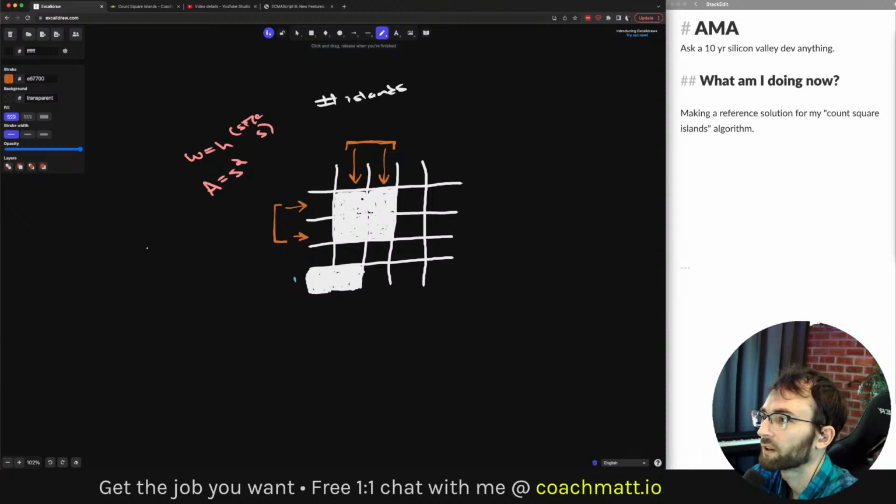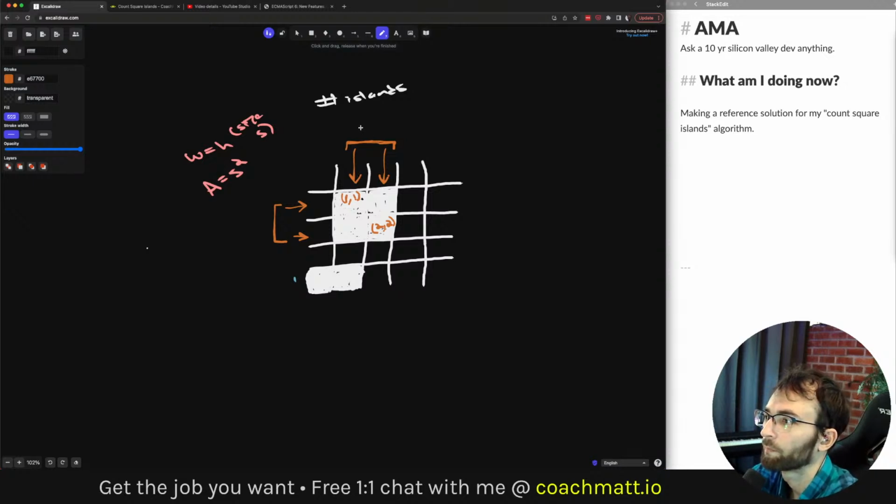So this is index 1 1, index 2 2. If we're really careful here, we might notice something that's a really common mistake. To get this width, it's not actually the maximum column minus the minimum column, because that would be 1.